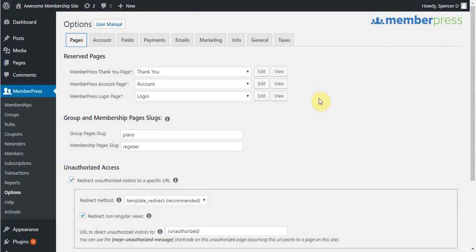Hi everyone. In this video I'm going to show you how to connect MemberPress to your Stripe account for both testing and live modes. The first thing you're going to want to do is navigate to your WordPress dashboard, MemberPress,